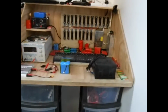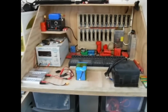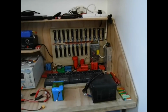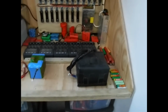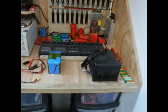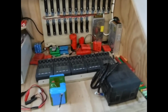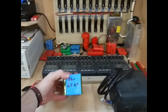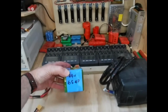So this is what I have over here. So I do my own batteries, and as you can see, I'm pretty well set up for doing them. I've made all sorts of different ones. I sort of get carried away sometimes and make lots of different things, but these batteries, so I made this one up, which is a 24 volt 6S 4P battery,